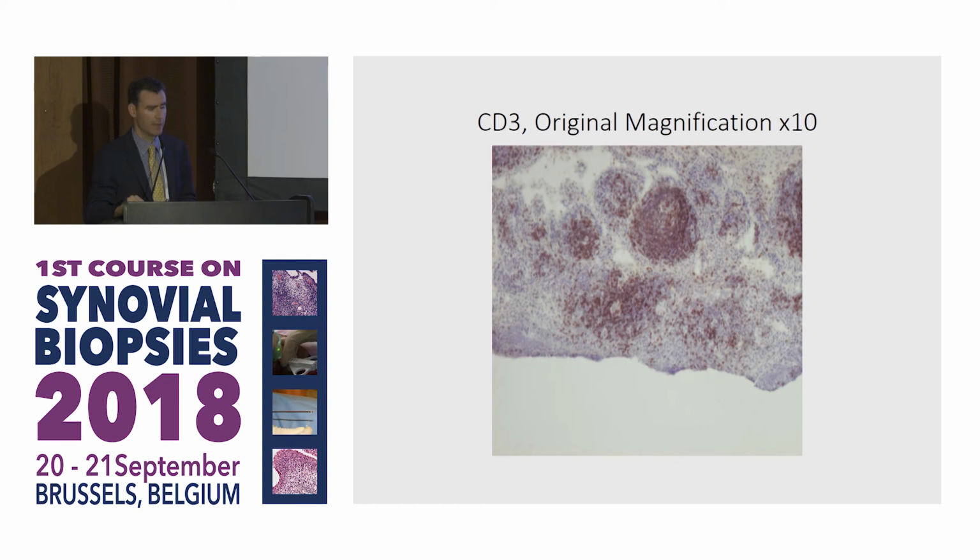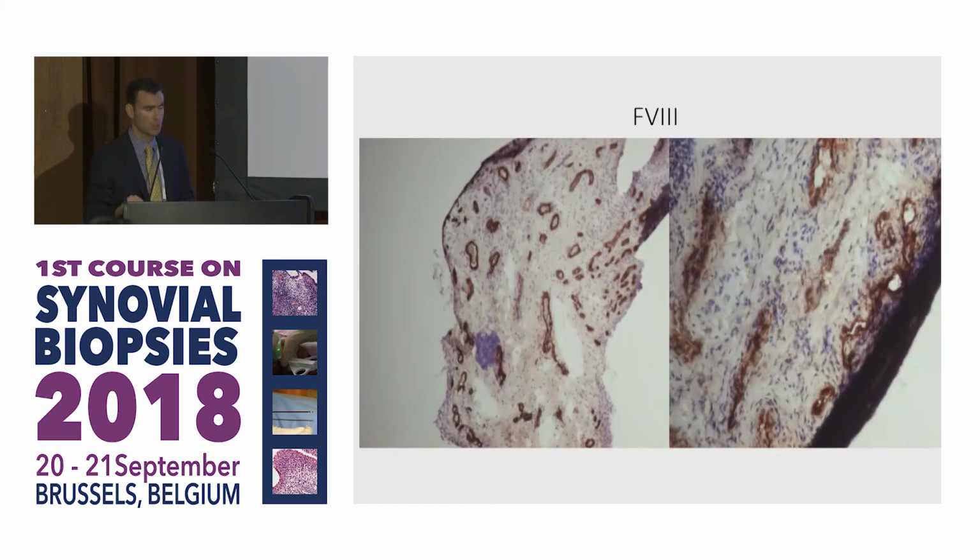Here you can see a very clear organization of the CD3 cells in the lymphoid follicle, but also scattered lymphocytes throughout the rest of the stroma. And this scores 3. And just to show you what a vascular stain looks like, I put this in. We don't score it in the same methodology, and I'm not going to go into how we might do that, but that's what a vascular stain looks like in the synovial tissue.